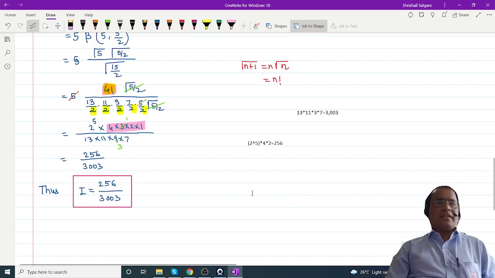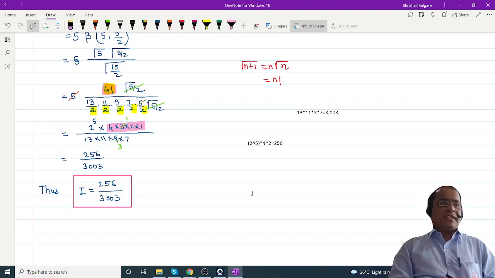This is the second example. Now you may have a doubt about simplifying gamma of 15 by 2 continuously. So for that you need to solve more examples. You need some more practice. Then you will get the idea. But you have to apply that property, gamma of n plus 1 is n gamma n, successively. If there are any doubts we can take them. Otherwise I will continue with the next one.